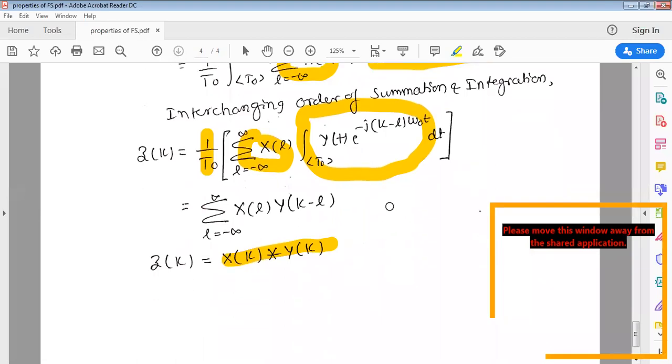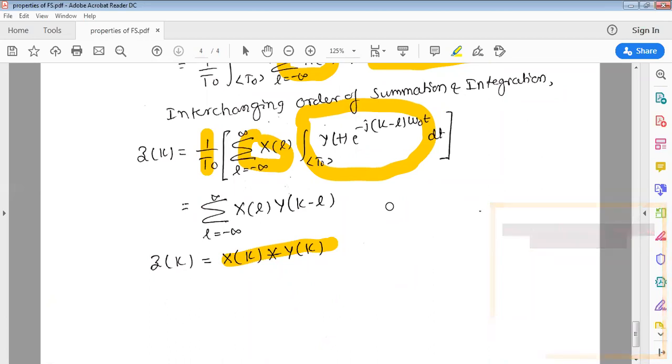Okay. So we'll stop the class at this point, which completes all the properties of the Fourier series. Once you understand the properties of Fourier series, in the next class we'll go for simple problems based on the Fourier series. Already you know how to solve the problems on Fourier series, but in this